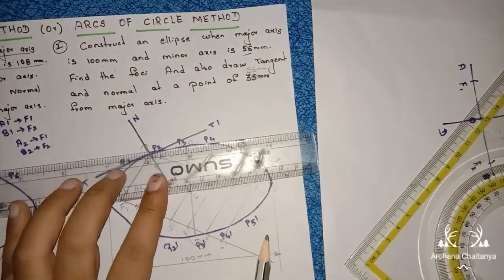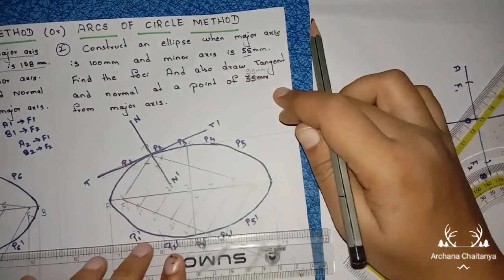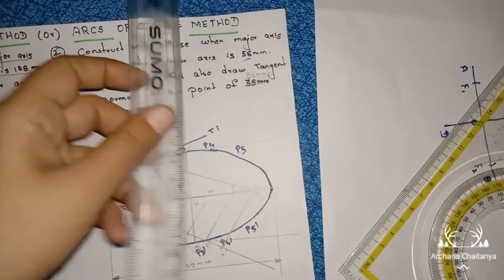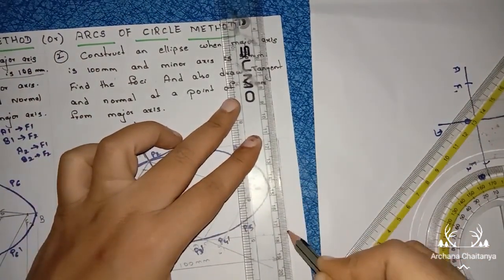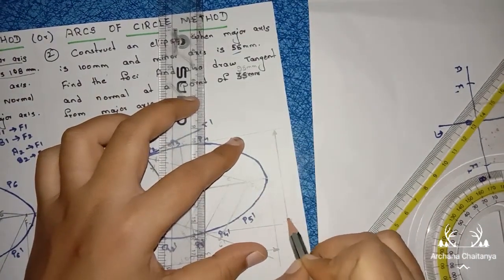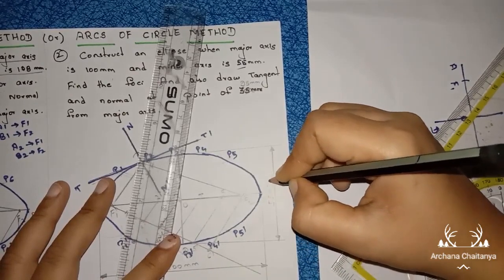Minor axis is 55 mm. So from C point, draw the extension line. From D point, draw the extension line, right. So this is your minor axis now. Draw the dimensional line, closed and filled arrow marks. This is your 55 mm.